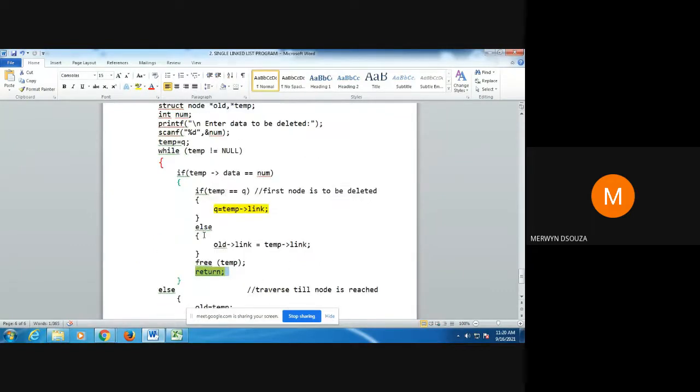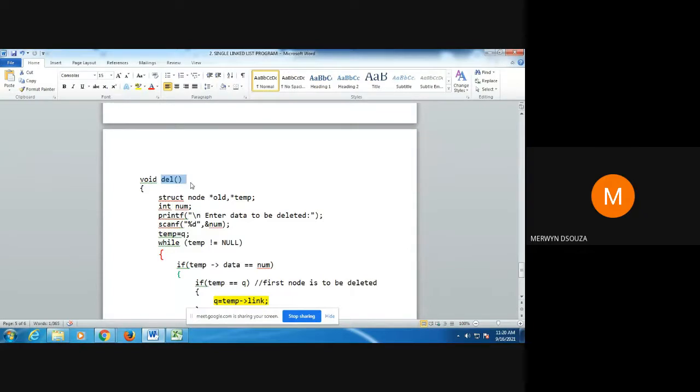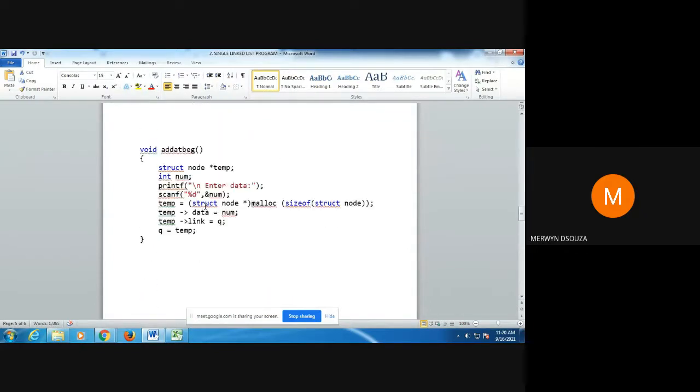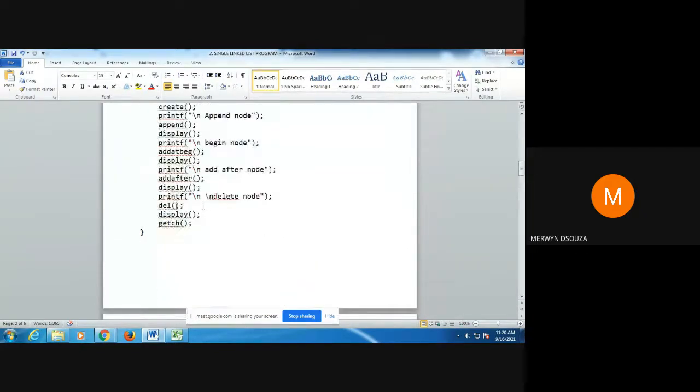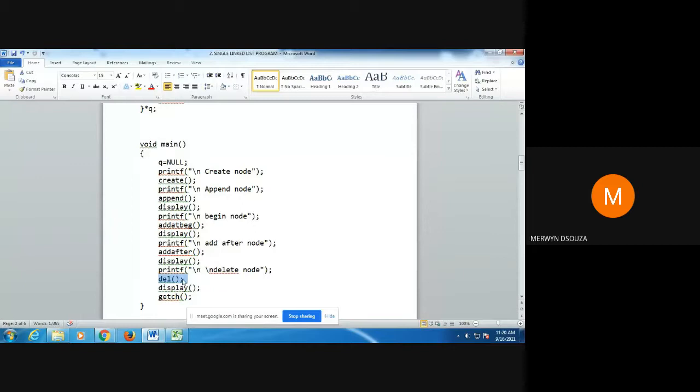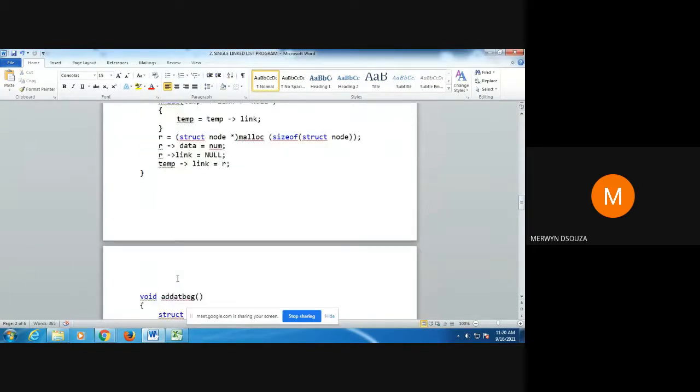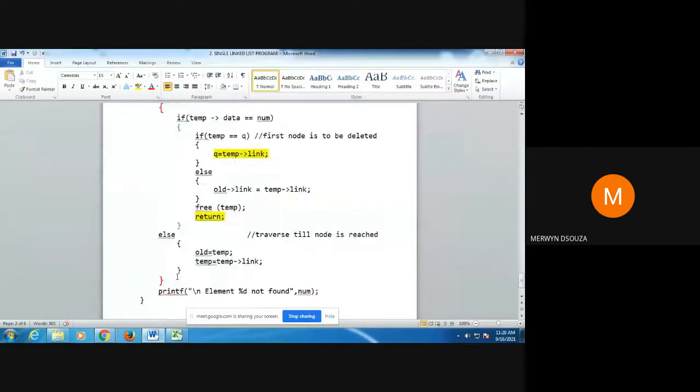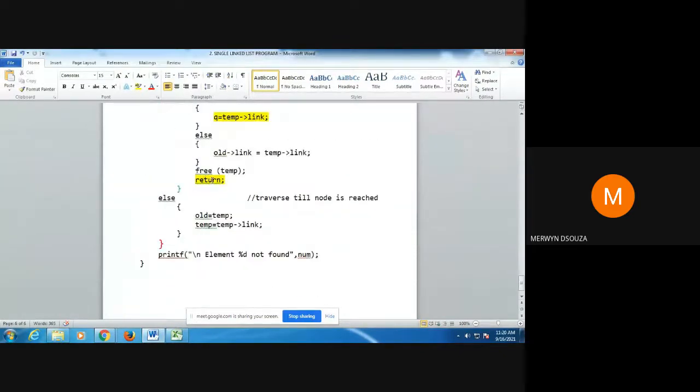This function del was called from the main function here. When you say return, the control will be transferred back to the main function here. That is what will happen because of this return. Clear? I hope you are getting what I'm trying to tell you.